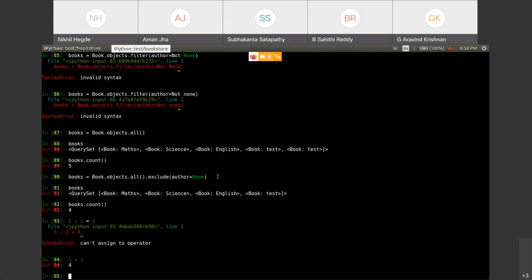Range in the sense, I didn't understand your question. For example, we have an attribute page numbers. What if we want the page numbers to be between 20 and 30, and only those books? Okay, so you want the middle pages, like 20 to 30, right? Yes, sir, between 20 and 30.